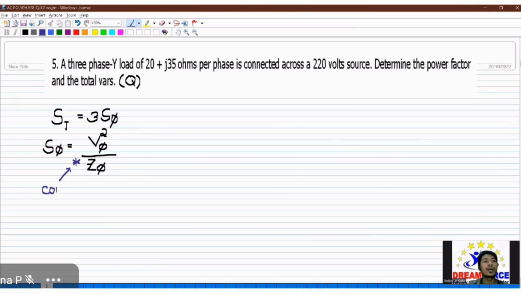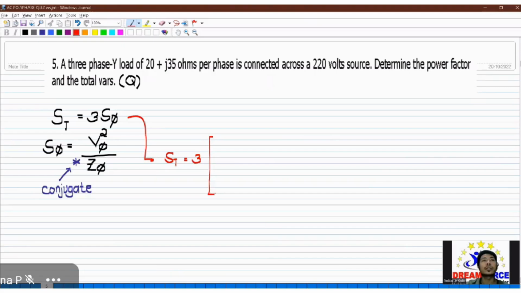Okay, so conjugate, para mag-balance, no, yung sign ng S at saka ng ating Z. Ibahin lang natin yung sign sa calculator. So from here, direct substitution. Kunin na natin kagad si S total. From here, your S total now would be 3 times